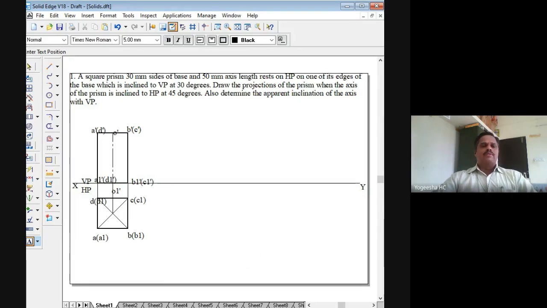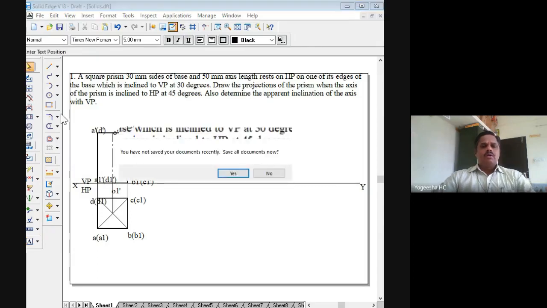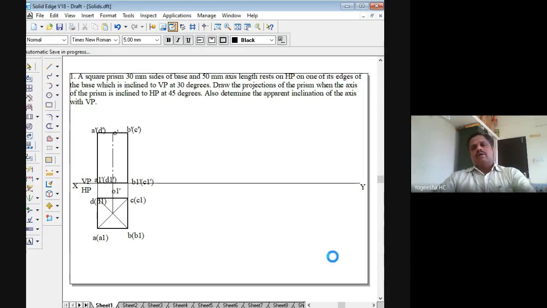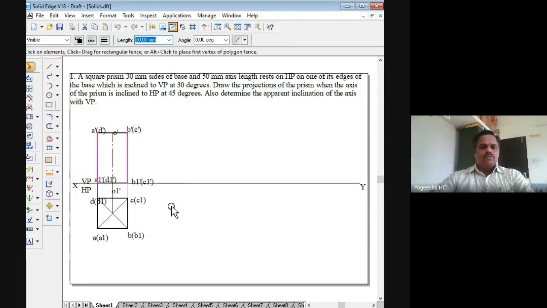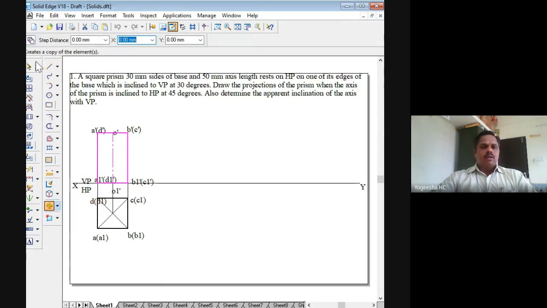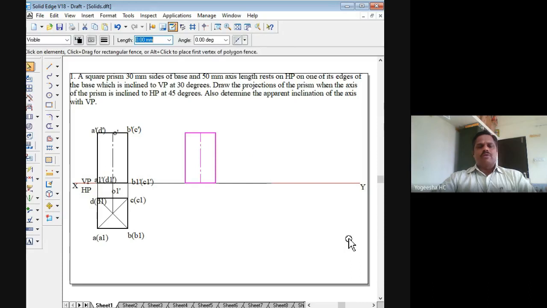It should be inclined. For that, what I will do is copy the first front view, and rotate it in the second front view such that the axis is inclined to HP by 45 degree, right? For that, I will copy. I will hold down the control key now. I'll select the different lines of the first front view. I will choose the axis also. I will use the move command with create copy on, and move like this. I'll keep it like this. What I have done is made a copy of the first front view here.